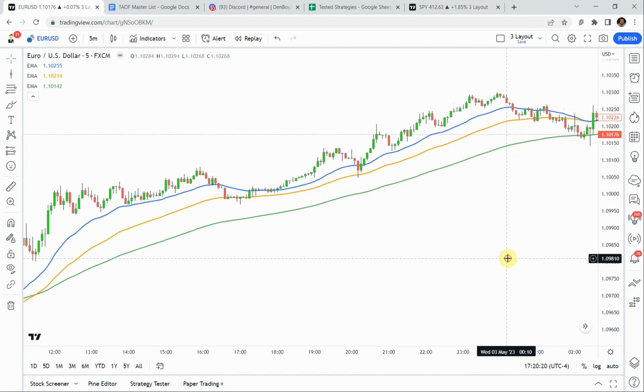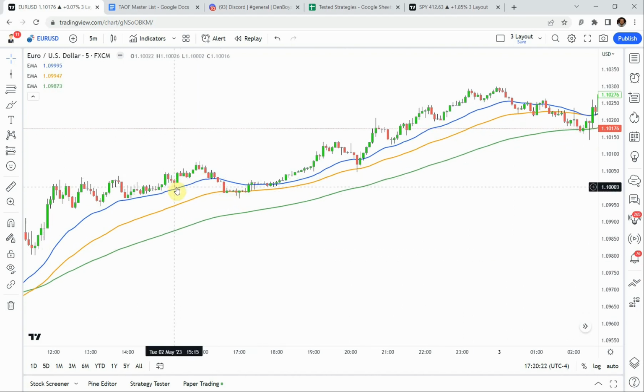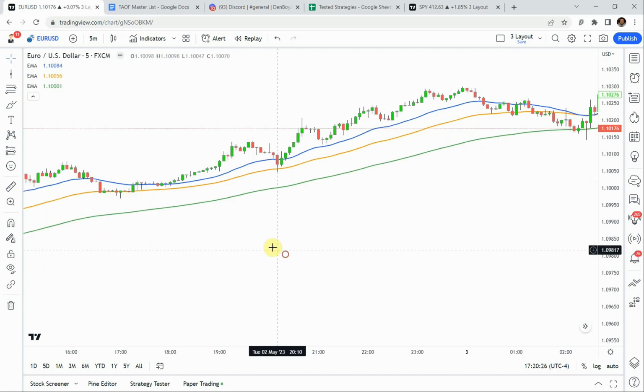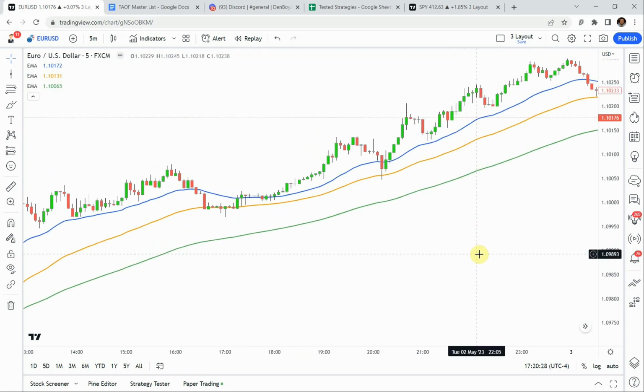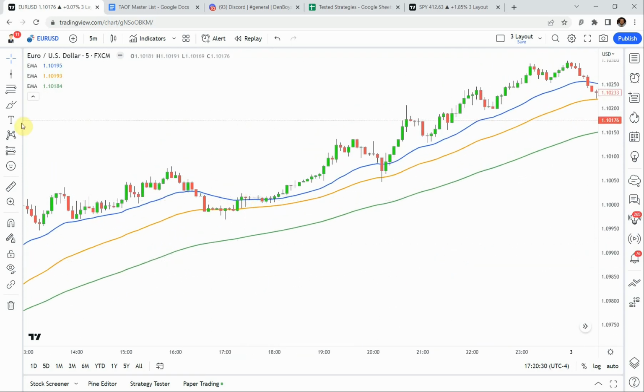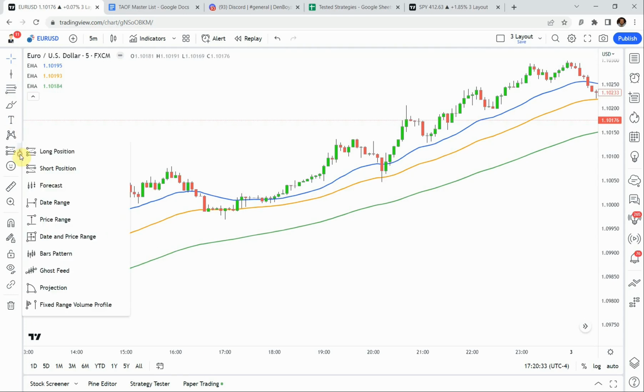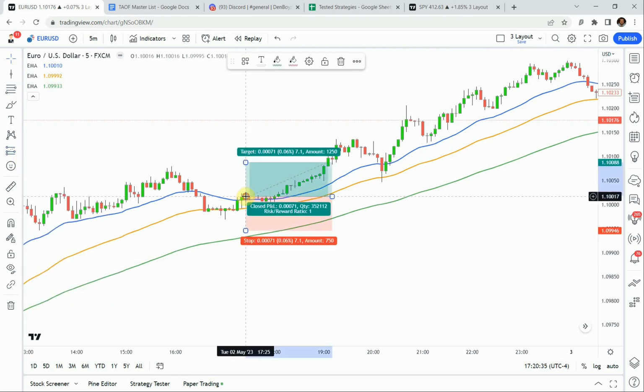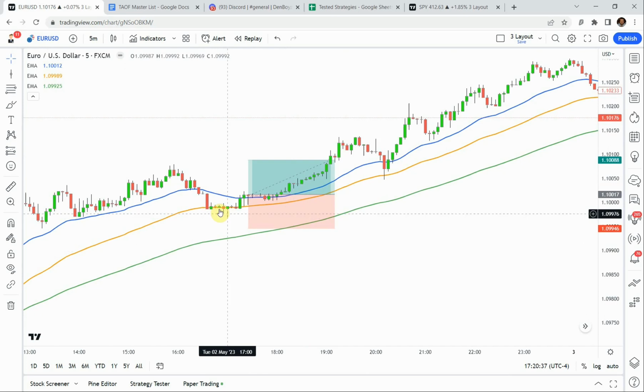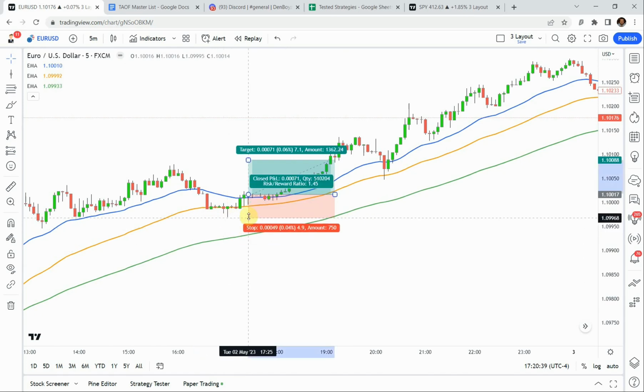And so we're looking for price to pull back below the shortest EMA, the blue one there, and then we're looking for it to break back to the upside of that moving average. When we do that, that's going to be a long signal. And then, like I said, it is a 1 to 1.5 risk reward. We're going to set our stop right below this last swing low, right about here, and then target that 1